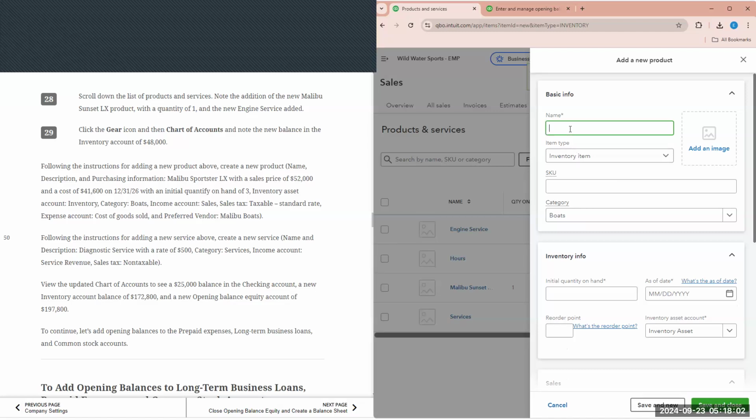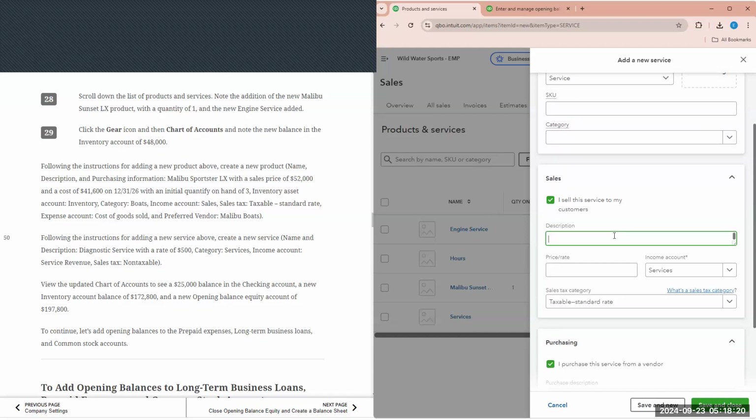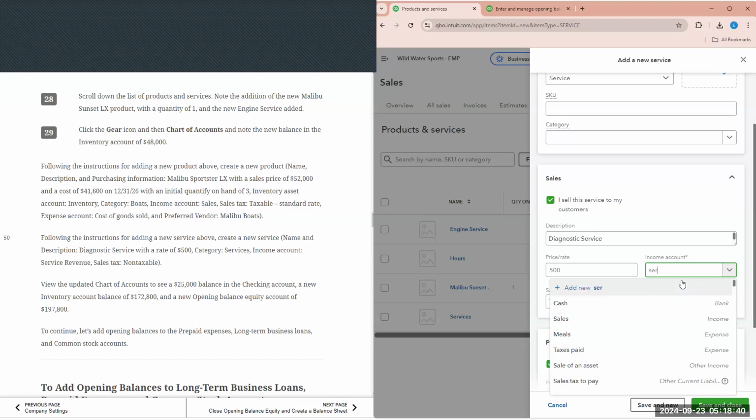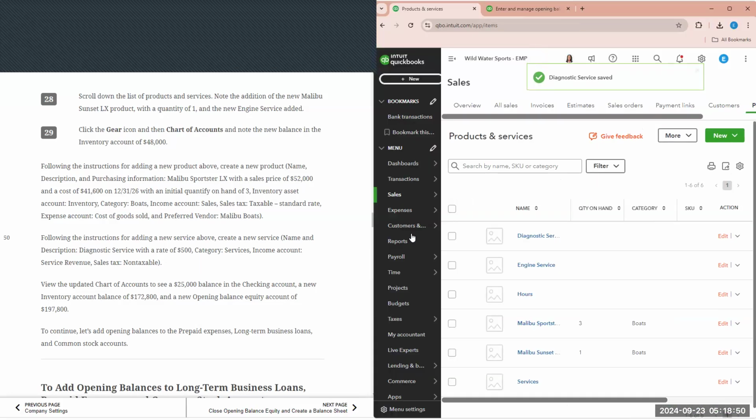Now it's asking us to add the service. So the service is diagnostic service. This is not an inventory item, it is a service. So diagnostic service. And there's a price of $500. The income account is services, which is already, well, service revenue rather. So we'll type it in. So here we have our service revenue. And then for sales, it is considered non-taxable. So save and close. So now if we were to go back to those reports,